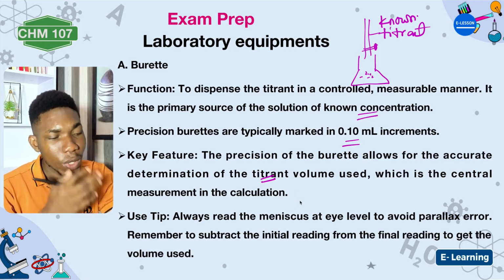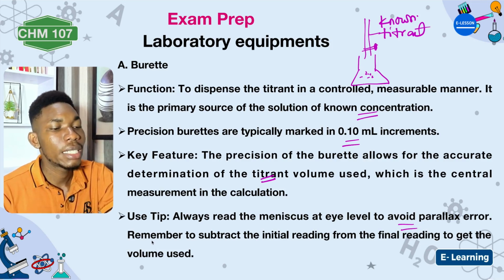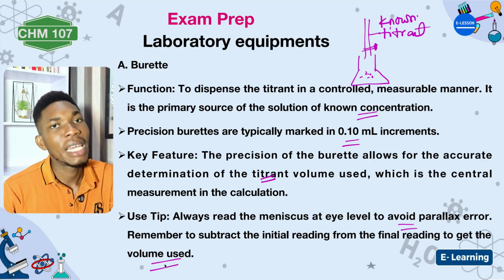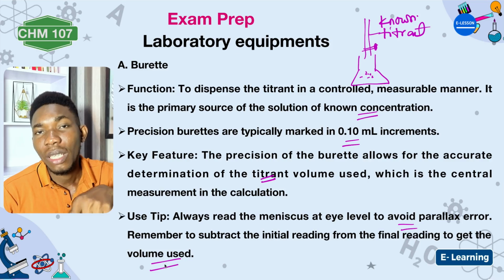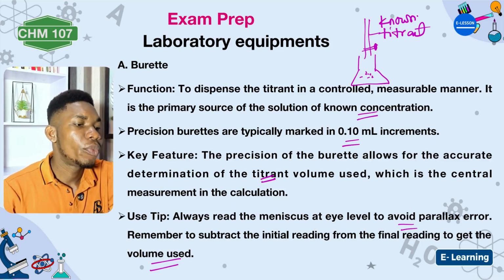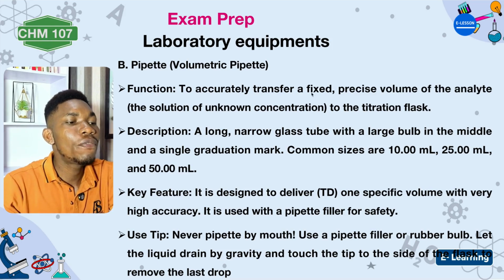Now, useful tips. Always read the meniscus at eye level to avoid parallax error. Also remember to subtract the initial reading from the final reading to get the volume used, whether the volume of acid or the volume of base. If your initial reading is already 0, the final reading is equal to the volume used, because anything subtracted by 0 still gives the same thing. So that is it for the burette. It's something everybody knows. Then the pipette. The pipette is used to transfer a fixed